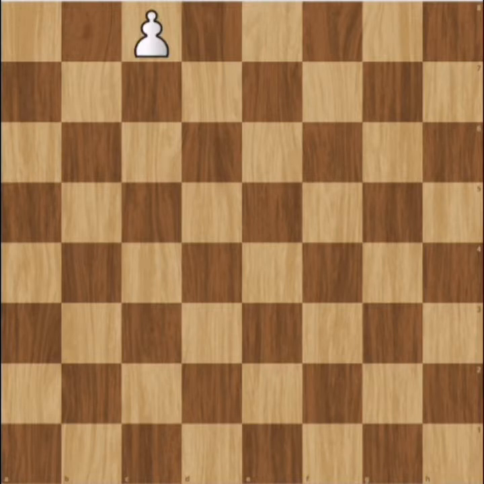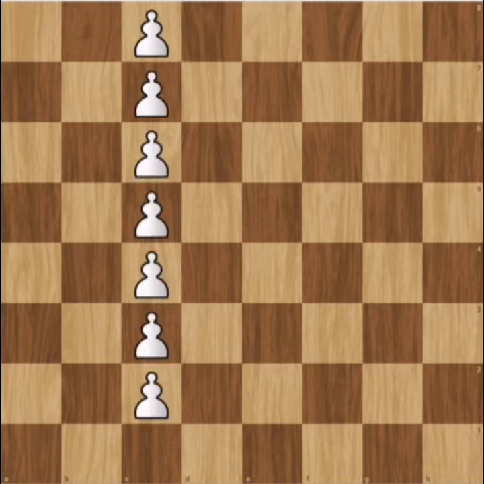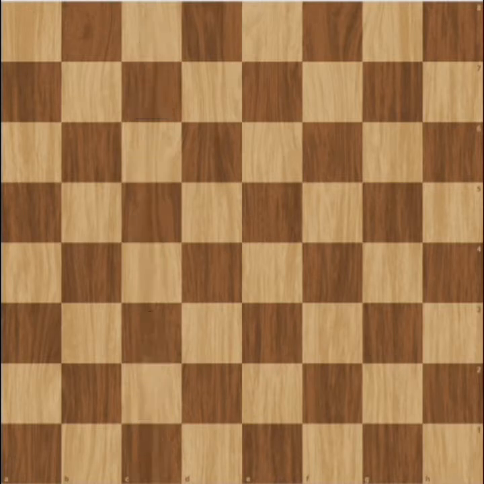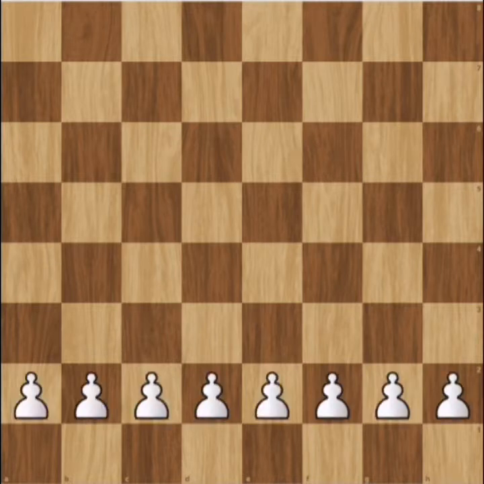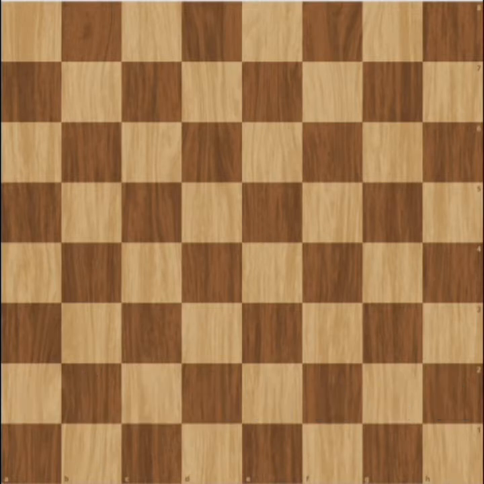Each column on the chessboard is called a file. Here I have shown a file filled with pawns, and each row is called a rank. Here I have placed pawns in a rank. Each file is named after a letter from the English alphabet.